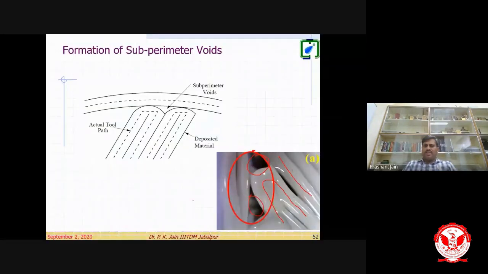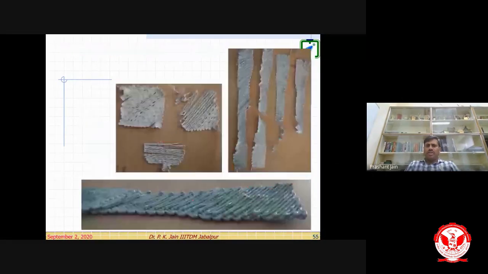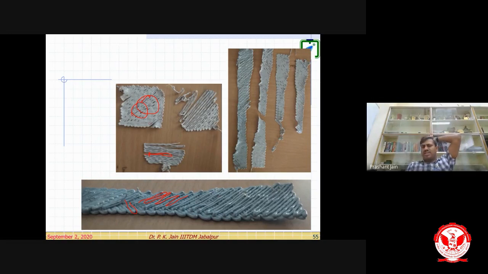So this can happen in this case. Look at any other case. Let me show you. You see, look at this. This kind of situation may happen on the bottom layer. You see the road width is high, but in some other places this road has become very thin, with less diameter. And in some situations like this, two roads are going but they are not joining in between, right? So you see here the inbuilt gap is created. If you continue to build this part, there will be porosity inside, and because of this porosity your part will become weak. Its strength is less compared to your injection molded part.